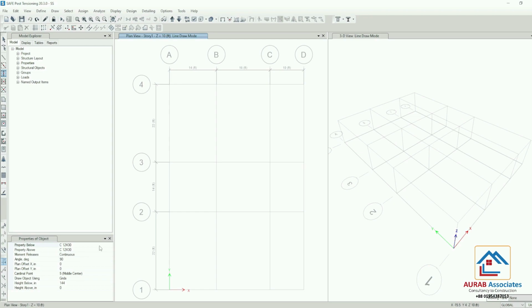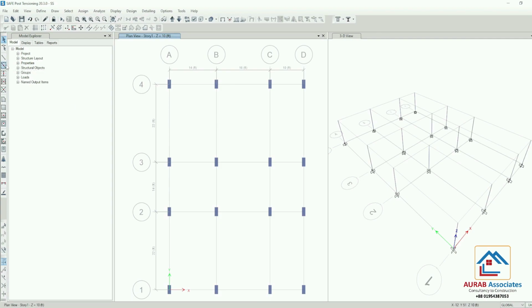Here there is no property above. Okay, that's fine. Now angle degree 90. Here we will use 120 inch. That means height below is 10 feet. Now you can model them all at a time.